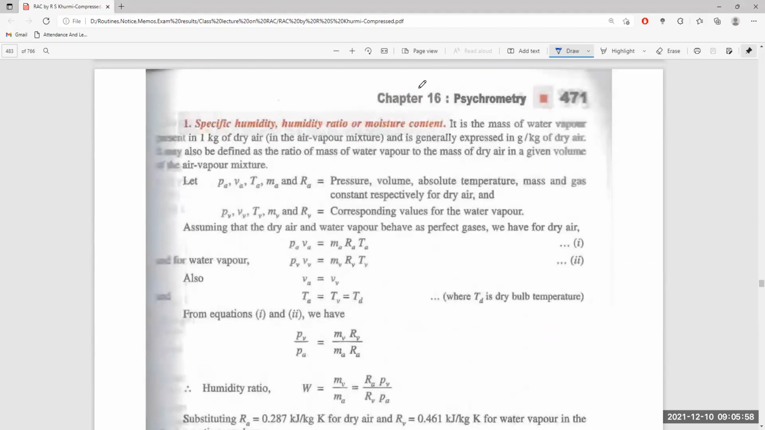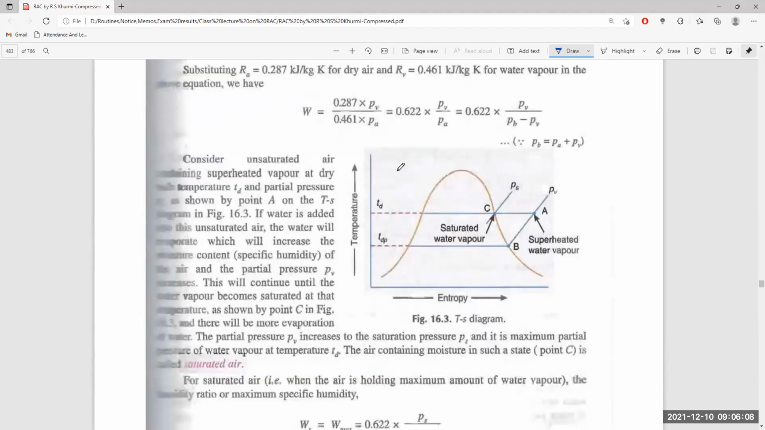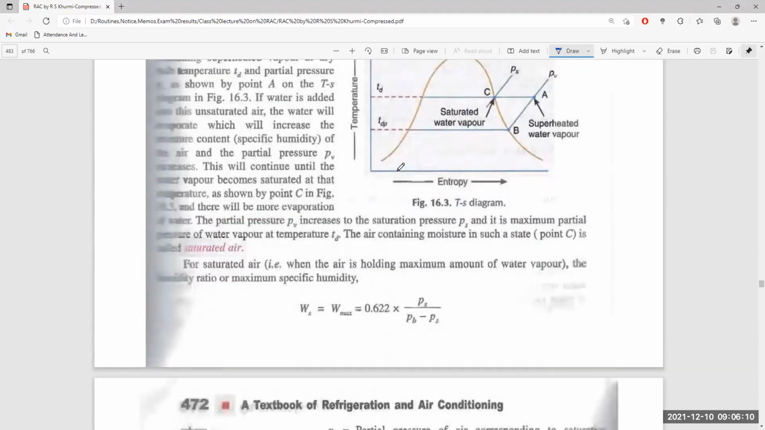Yesterday, we went through the relation between the specific humidity, or humidity ratio, or moisture content. What is saturated air? For saturated air, the maximum specific humidity, or the maximum amount of vapor present per kg of air-vapor mixture, is given by